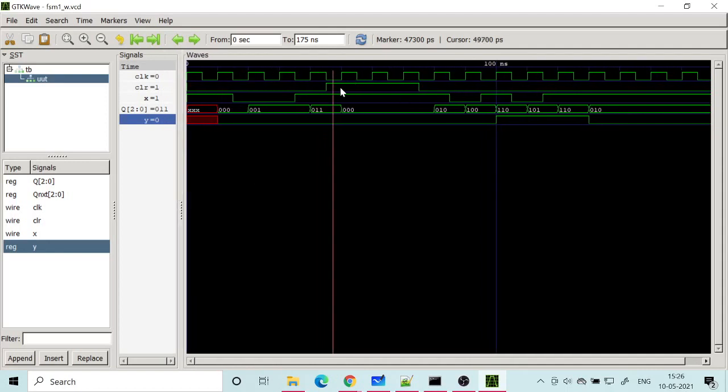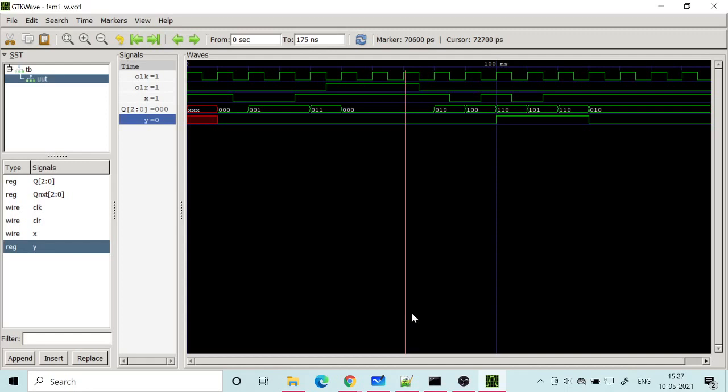So when the clear became 1, it takes complete precedence, and it will not take into account the X value, whether it is 1 or 0. Even if it is changing, it will make no difference. The output will have to go to 0 0 0. So you can see that here, but the change will happen only during the active edge of the clock. That is because we have a synchronous register. If you have a synchronous register, you will only look for the positive edge of the clock, not the positive edge of the clear input.